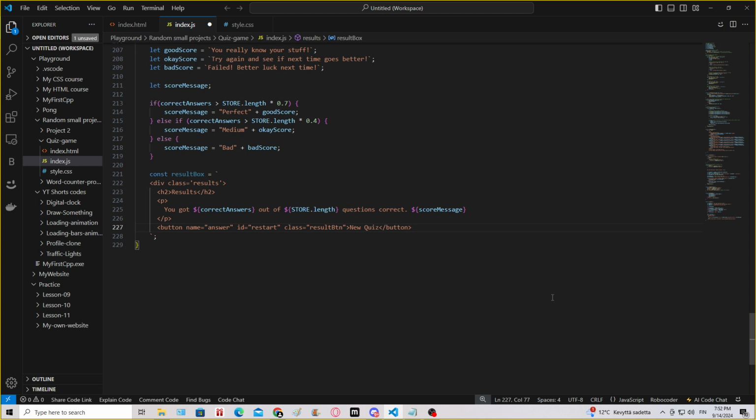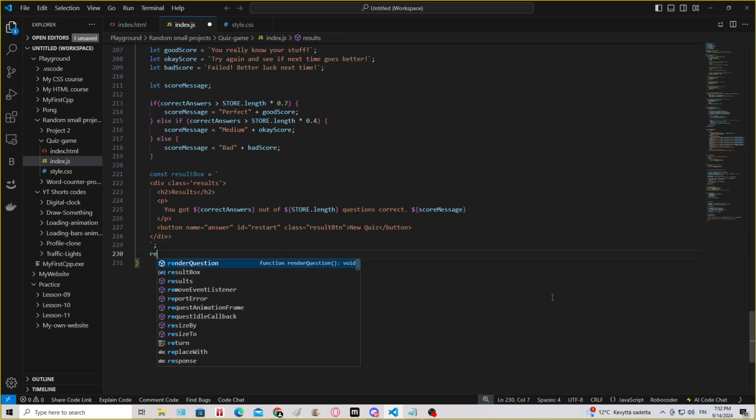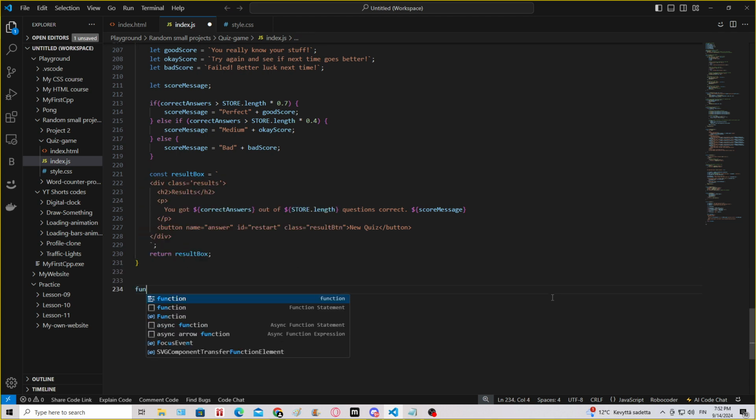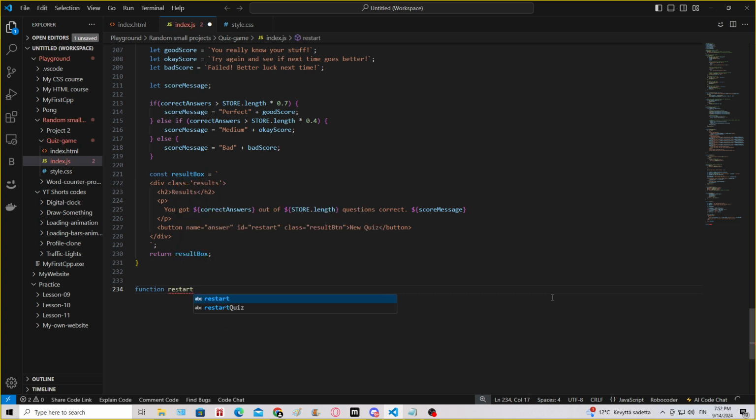And then close the element. And then we're gonna close the div. And that's pretty much it. We're gonna return result box. There we go. Okay, and then we will make the restart. So restart quiz,